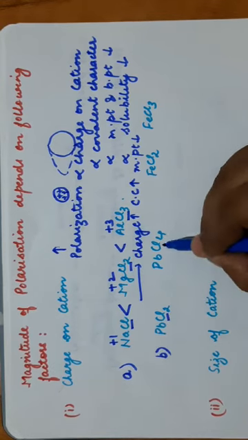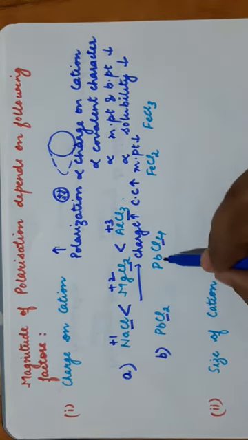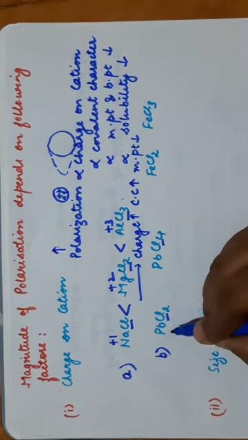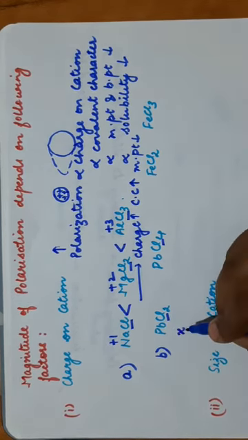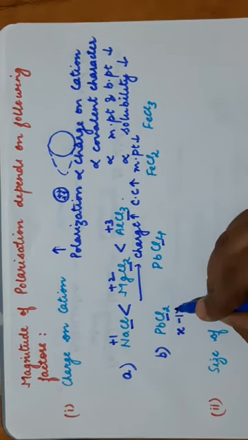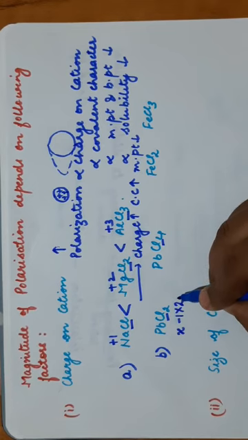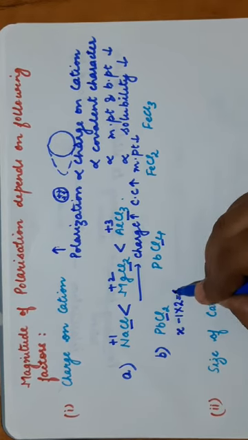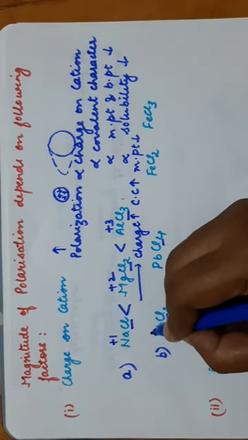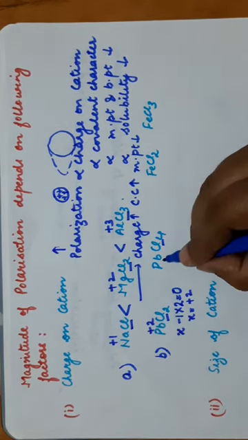See, Cl is common in both of these. These are same metals. Now let us discuss about charge. Charge you can find, let's suppose X is the charge on it. Cl has -1 and 2 atoms are present, so -2 plus X is equal to 0, it is a neutral compound. So what is the charge? X is equal to +2. So there is a +2 charge here.